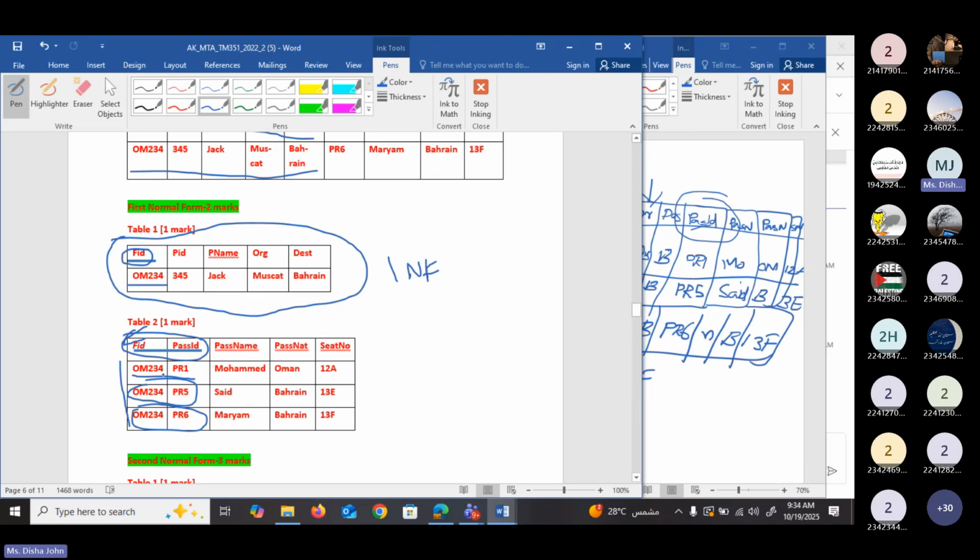Yes. Here you can see the flight ID for all these passengers is OM234, which means they all belong to the same flight.